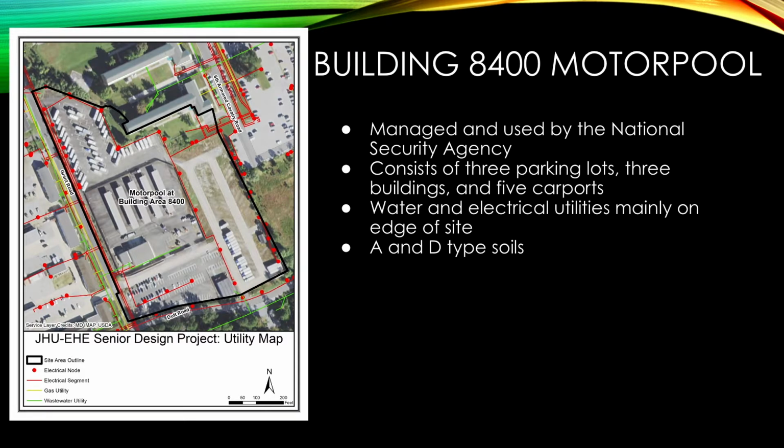Of several potential project sites identified by our professional partners at Fort Meade, our senior design team chose to design BMPs for the 10.1-acre Building 8400 motor pool. The motor pool is managed and operated by the National Security Agency, whose headquarters are on Fort Meade. As a result, the senior design team has a dual client, Fort Meade, the legally responsible MS4 permit holder, and